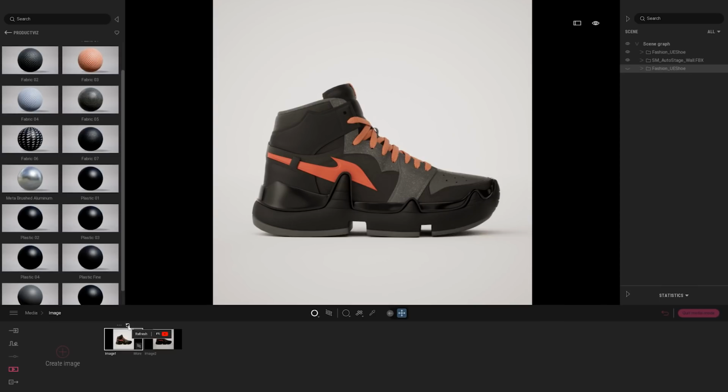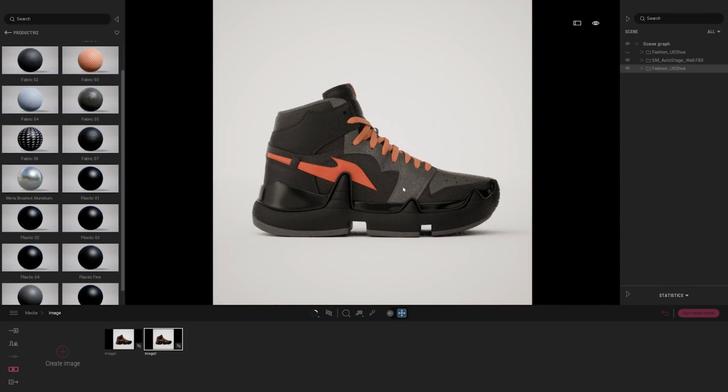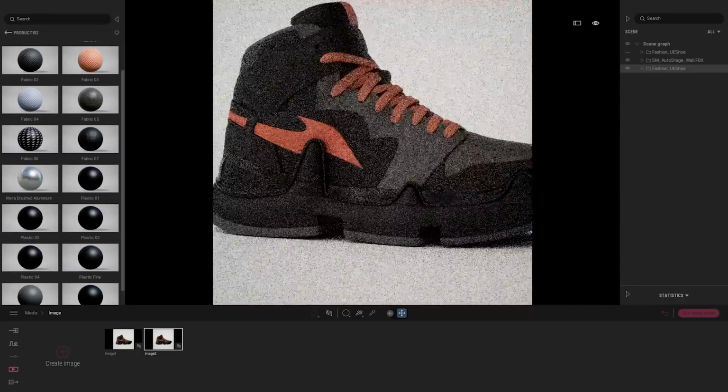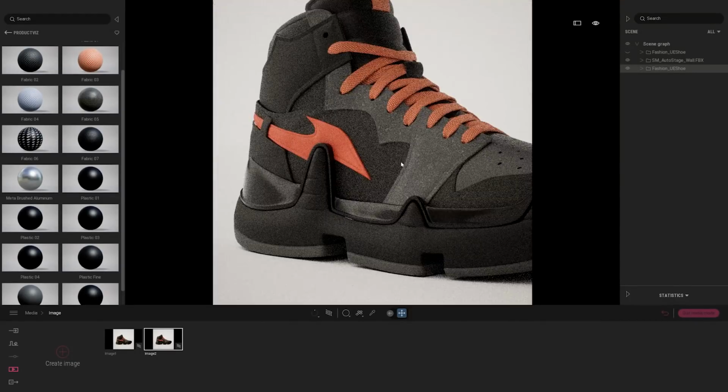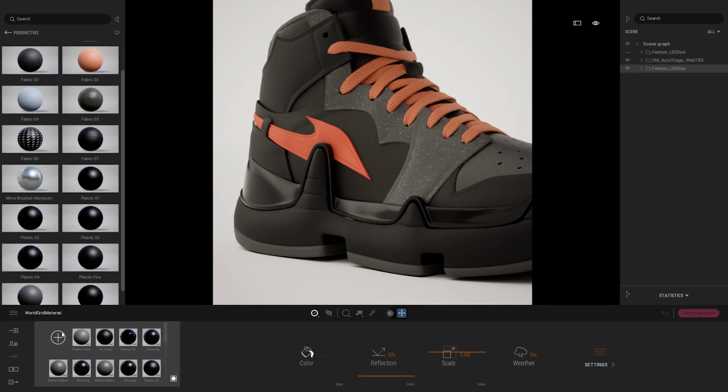So coming back to my image number 2, on that image I want to change a couple of materials. For example, here on the side I want a completely new material that is not present in my library. So let's create a new material. For that I will first select my material picker and click on any material in my project to bring up the materials dock. From there I will click on that icon, and here we have a new plus button that allows me to create a new material. If I click on it, here as you can see I have a new material.